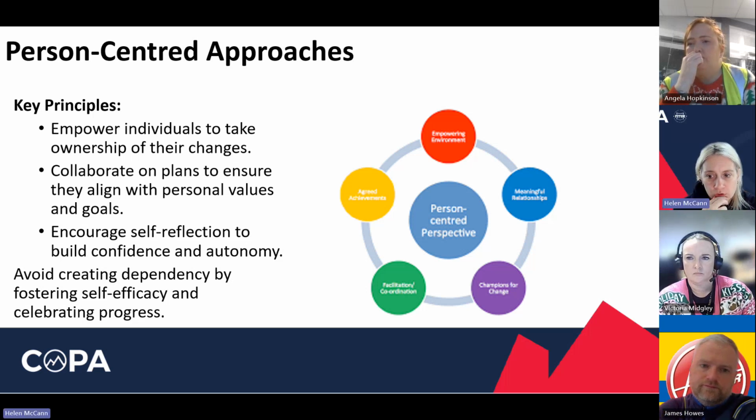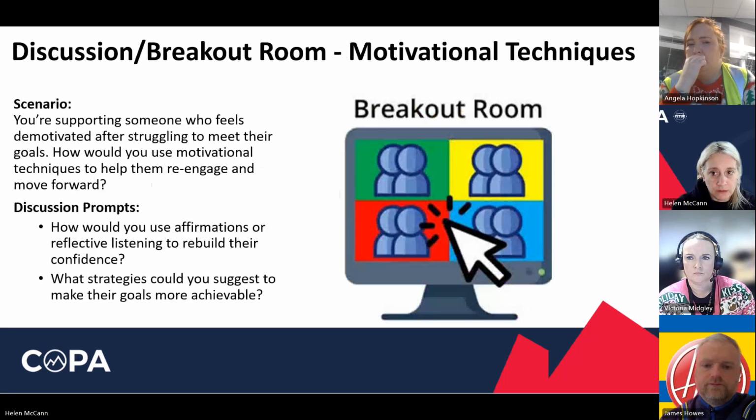Yes, person-centered approaches ensure interventions are meaningful and sustainable, don't they? Okay, so we've got another discussion one. So if you've got your activity 15 one,